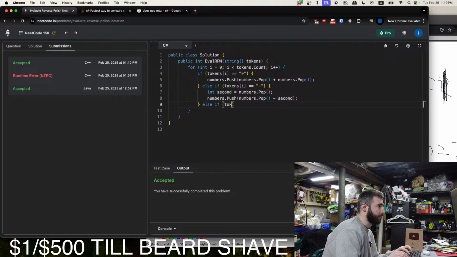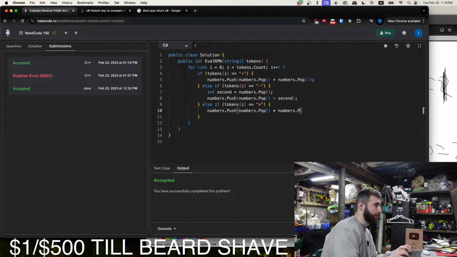Else if tokens I is equal to multiplication, then we just push both numbers, and it doesn't really matter what order we multiply them in. So we'll just multiply them like that. And then for division, it does matter.